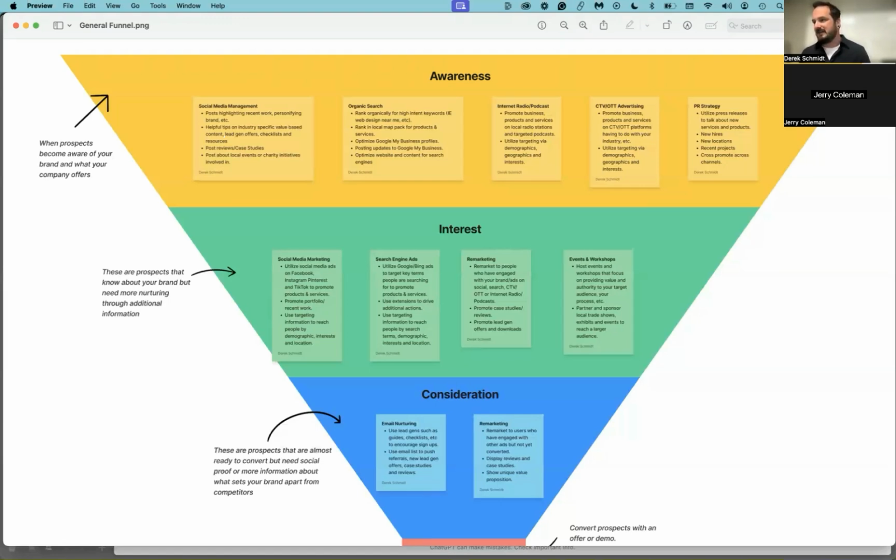Remarketing, that's the creepy ad that knows you were just checking out a hotel or cars.com. You didn't finish checking out, but now you start seeing that product or that car or that hotel room follow you across the web. Basic events, workshops. So maybe you're the authority there, the expert, and you're hosting events or workshops that focus on providing value